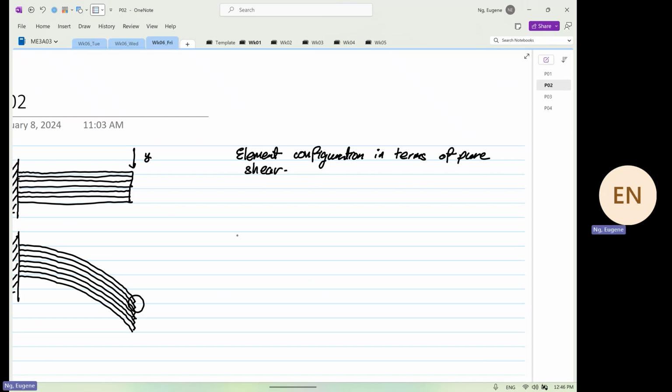Now we know if this is our element and this is our transformation, we know that on the left hand side